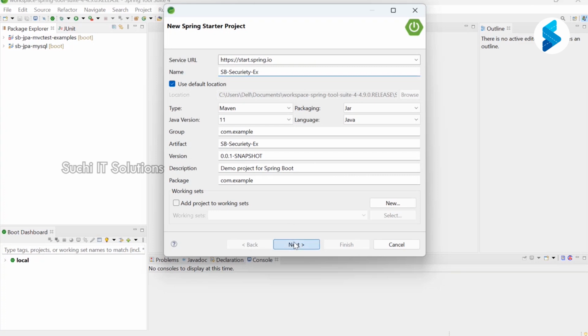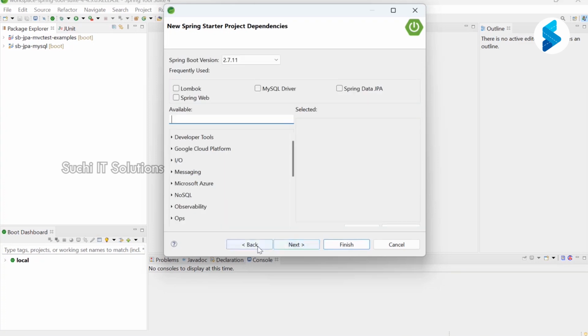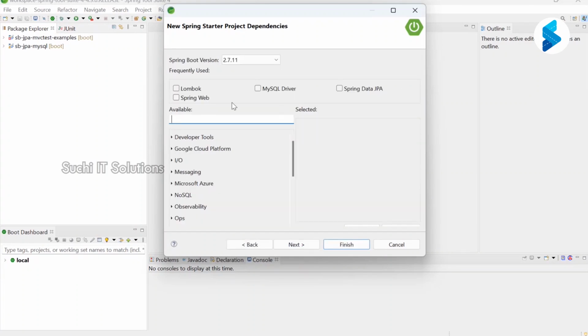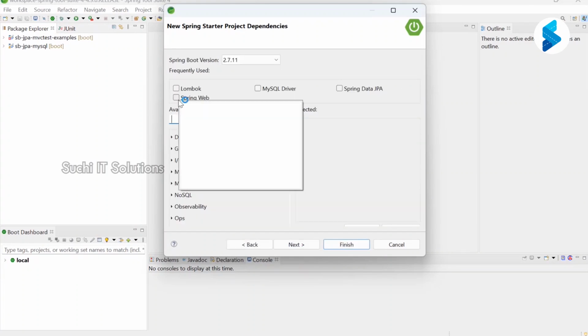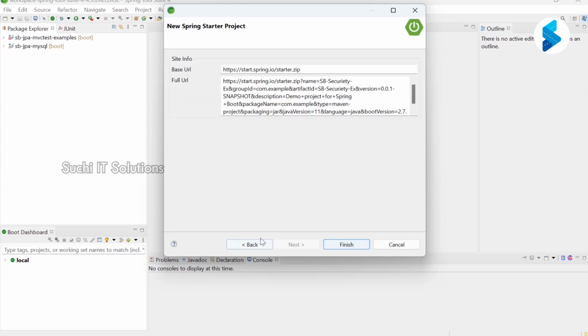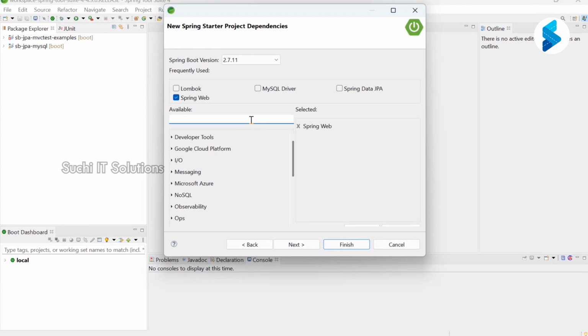Then Java 11, everything is fine. Here I'm just writing web, nothing else. Then let me try to add the dev tools.